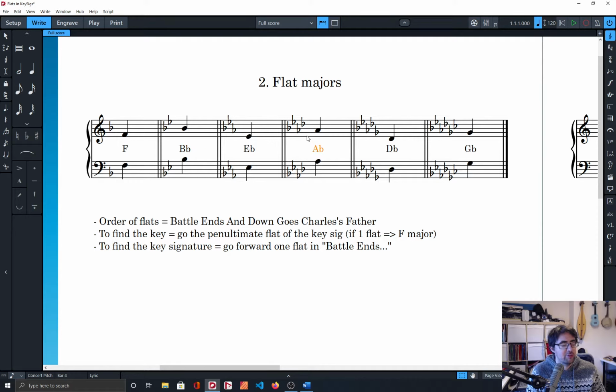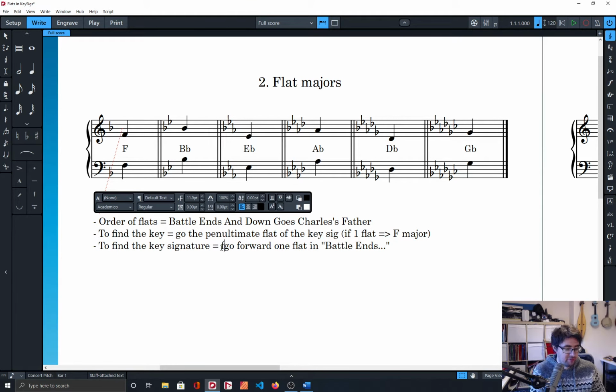let's do a better example. If we're looking for A flat, then what we do is we use battle ends and because we find the A flat, and then we go forward by one word, and that's going to give us all the flats we need. So B flat, E flat, A flat, D flat is going to be A flat major. If we've got E flat, the same thing. So in fact, find the flat in